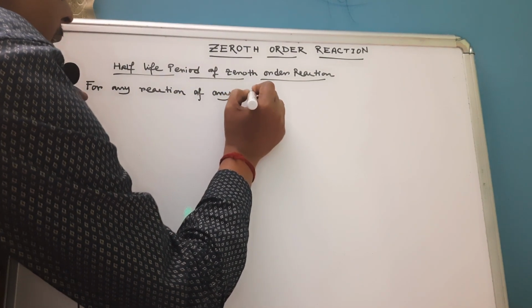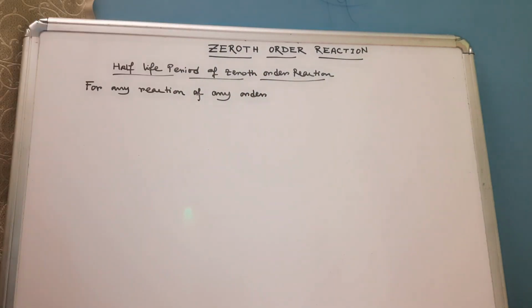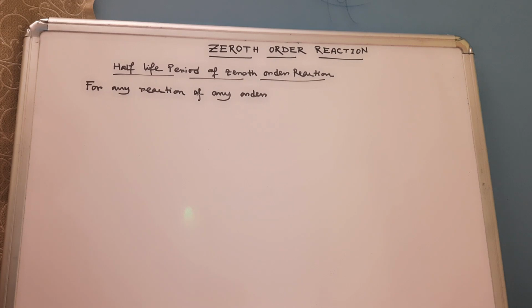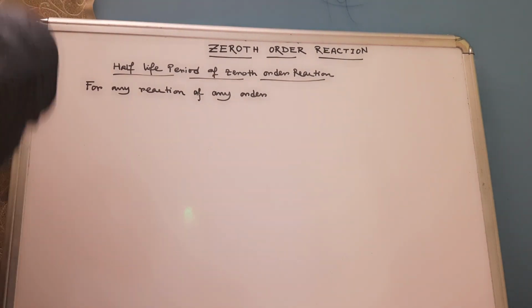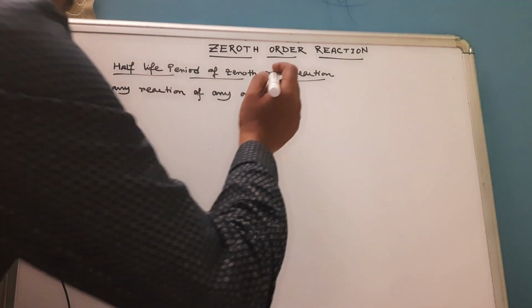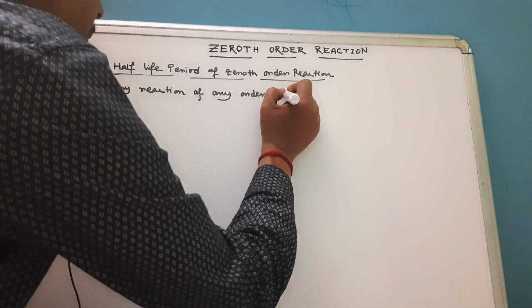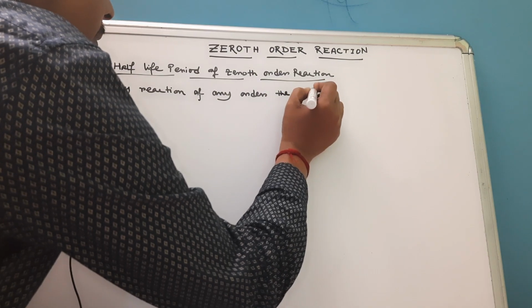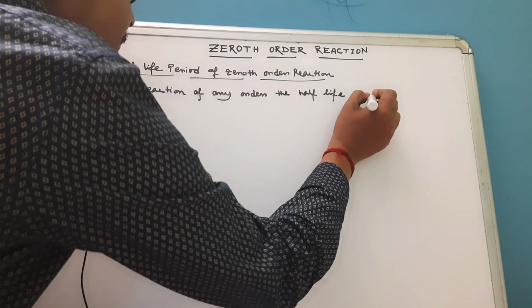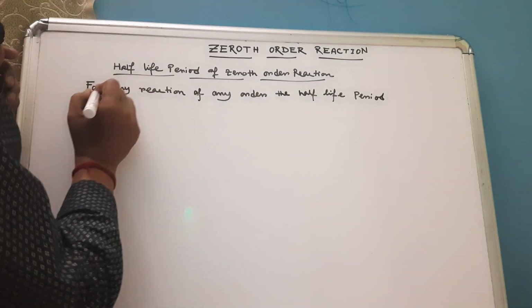It can be zeroth order, it can be any fractional order, because the order of a reaction can have fractional values, or it can be any higher order reaction, first order, second order, or third order. So for any reaction of any order, the half-life period can be defined